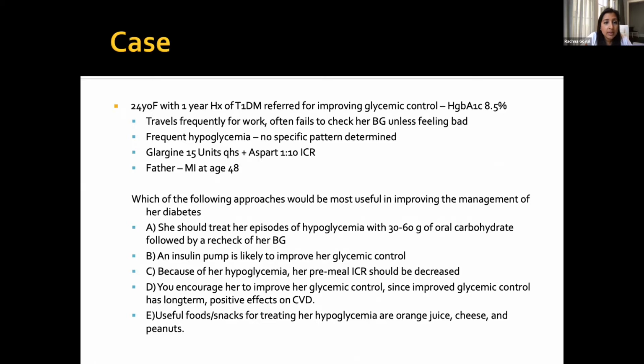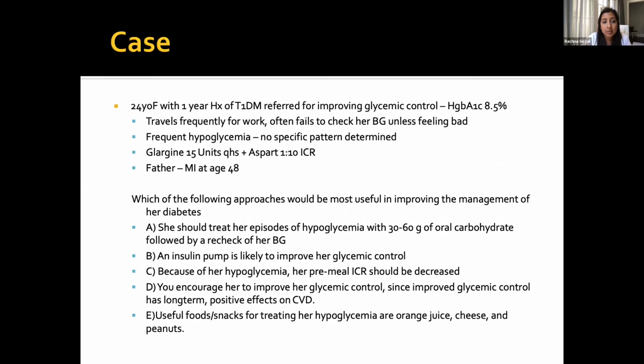In someone like this, one of the requirements for an insulin pump is often that they need to show compliance. In the little blurb, it does say that she doesn't check her blood sugar very often. So that wouldn't be an optimal person to put on a pump, but I think that's a really good thought. And then with A, we typically don't recommend patients using that much carb for a low blood